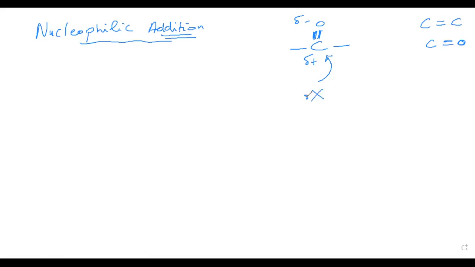we are going to attack the C double bond O by a nucleophile. And we said before that a nucleophile is something that loves nucleus. Nucleophile means loving nucleus. And so it is loving the positive charge. And this means that it should carry either a lone pair or a lone pair and a